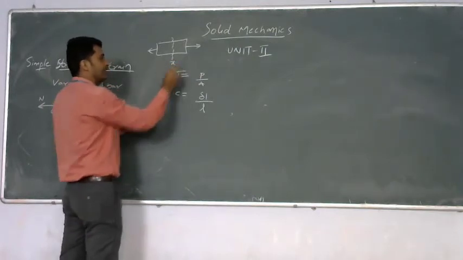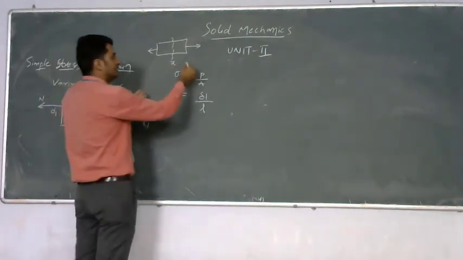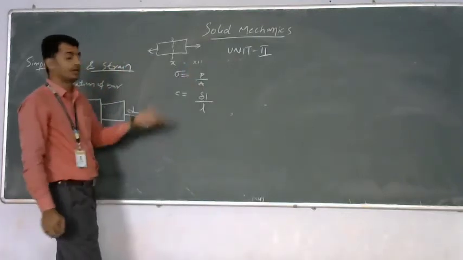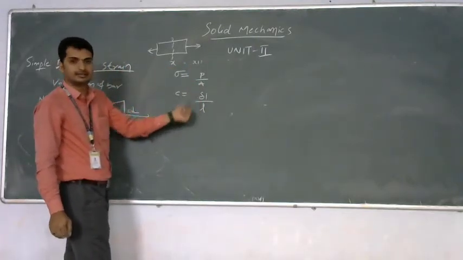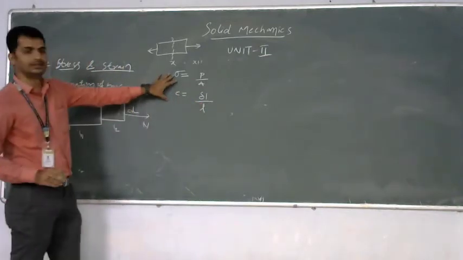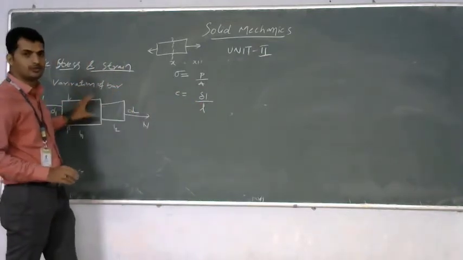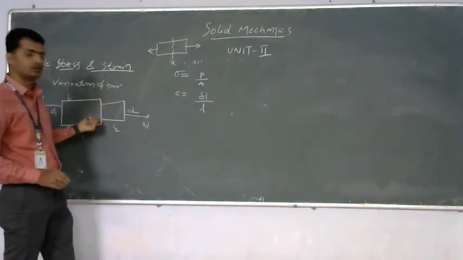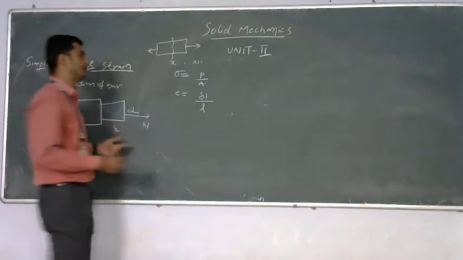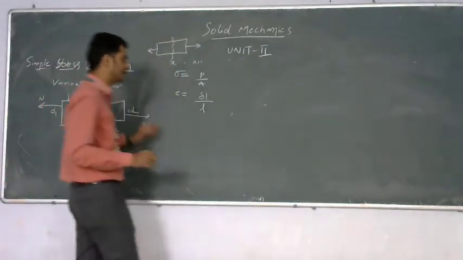Initially, the length may be x. After the change, it may increase to x plus 1 or x plus 2. That change in length is represented like this. So, this is the formula for an individual object. However, there is a combination of elements. That combination of elements can be calculated in two ways.